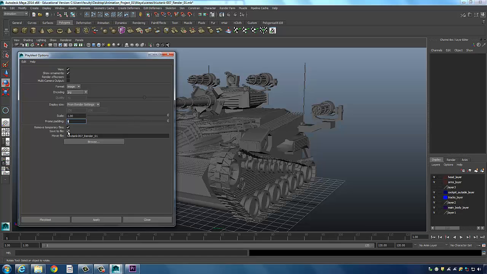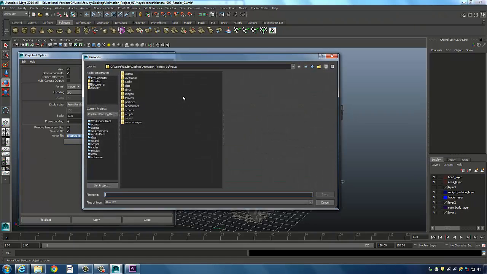All right. So when save to file is turned on, you're first going to click on browse. You're going to navigate to the directory where you want to store your images. In my case, it's Animation Project 1, Maya Images. Actually, that's not the one I want. In my case, it is My Video Project, Maya Images. And I'll make a new folder, and I'm going to call this one tank_turntable_2. And then under file name, I'm going to call this tank